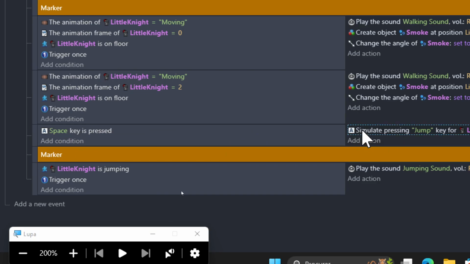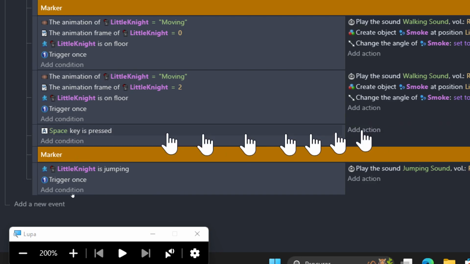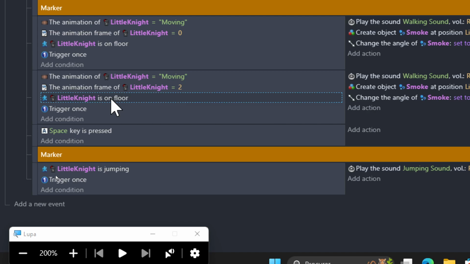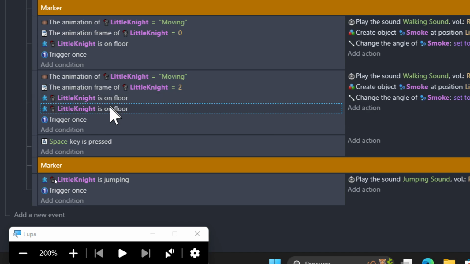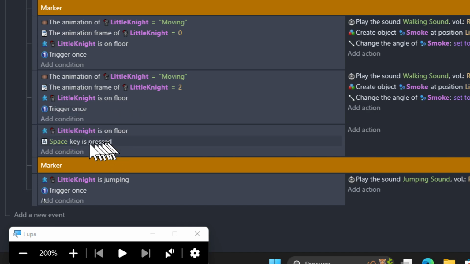Don't need to simulate jump, so we're going to delete. We're going to do while he's on the floor. There you go. We're going to copy, paste, drag down. So while he's on the floor and the jump key has been pressed,